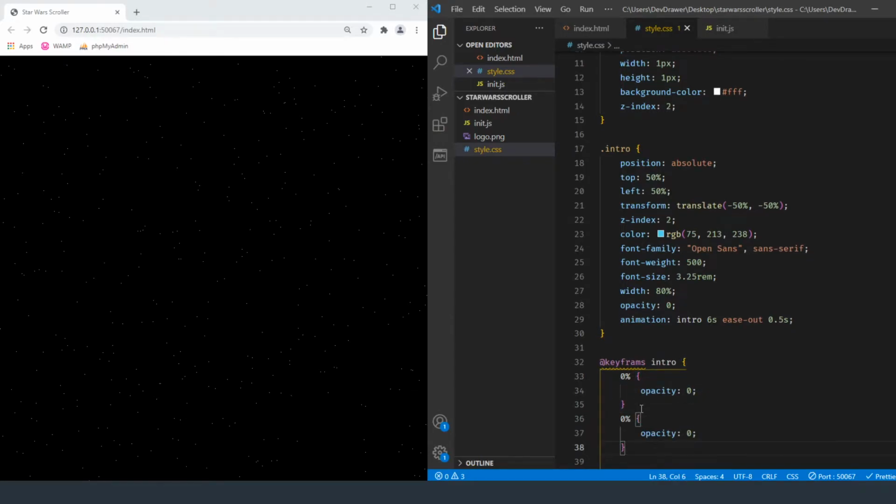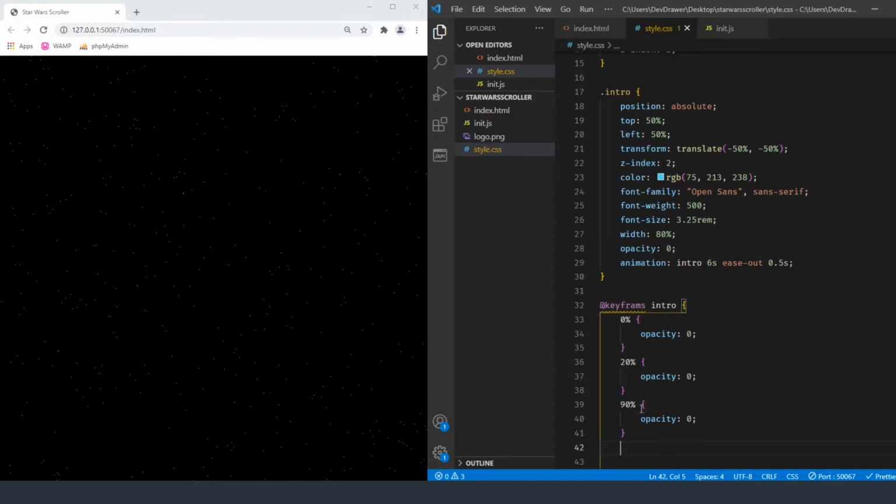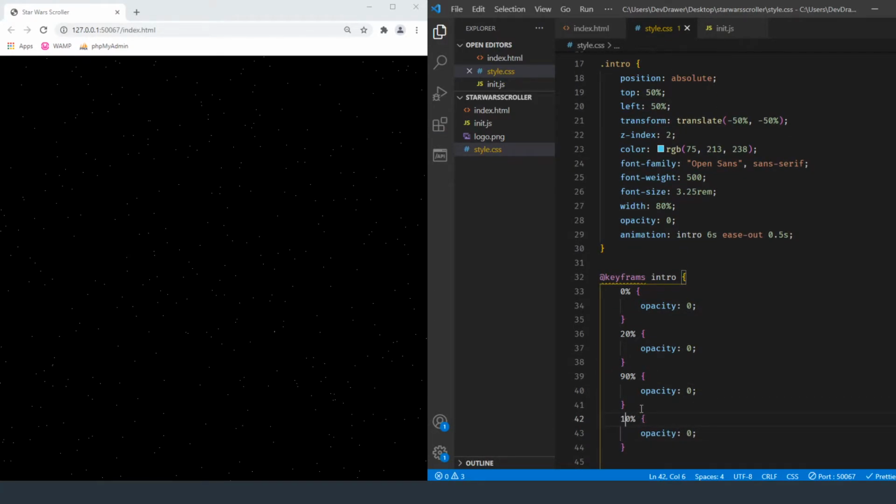So let's do one at 20%, so it's in the beginning, and then let's do another one at 90%, so it's at the end, and then finally our 100%. For the opacity for these two in the middle, we want it to basically be out, and then fade in, and then fade back out. So let me refresh this.